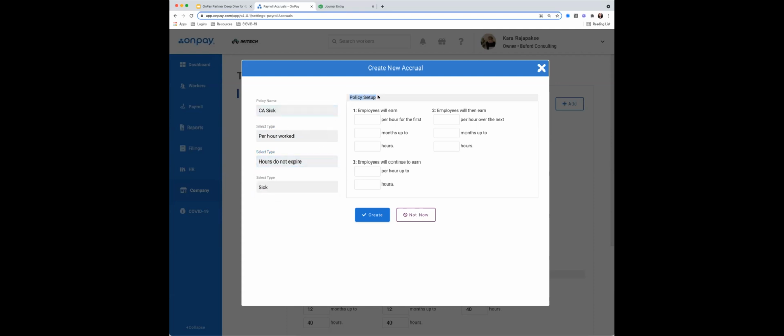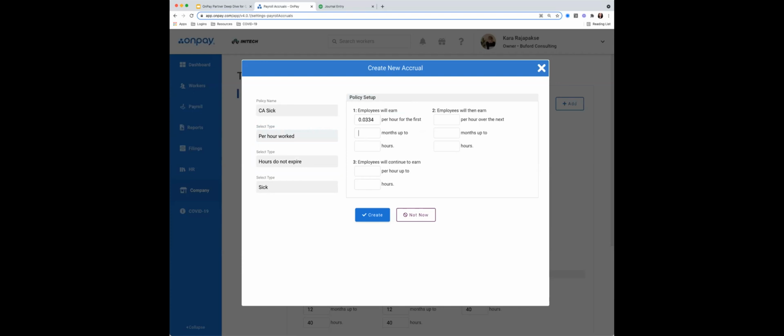And then navigate on the far right-hand side, policy setup. OnPay gives you the ability to have multi-tiered policies to maybe award employees that have been with the company longer, more senior workers, maybe we're going to award them at a higher rate of accrual. The options that you see displayed here in the tiers are going to change depending on what you chose under select type. So I'm going to change this as an example just to show you. If I adjust this, you'll notice on the far right-hand side, instead of saying per hour, it is intuitively changing it to per year for the verbiage. So if we're doing the math, we have 1 divided by 30. That is to give us a very specific number.